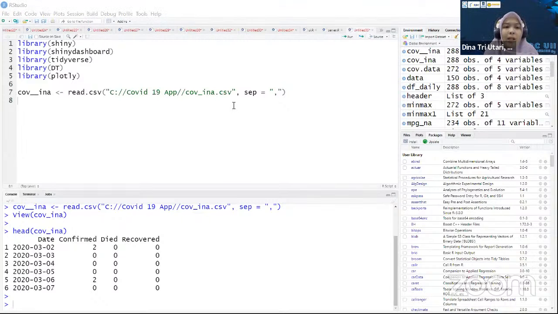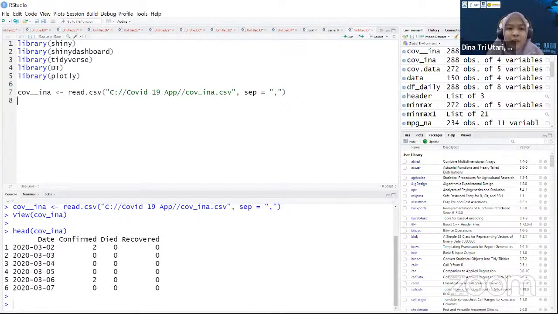Okay. Next, as we know before, that the UI, user interface, I am checking the chat column too. Next, okay. And then, as we know before, that UI or user interface consists of 3 parts: header, sidebar, and